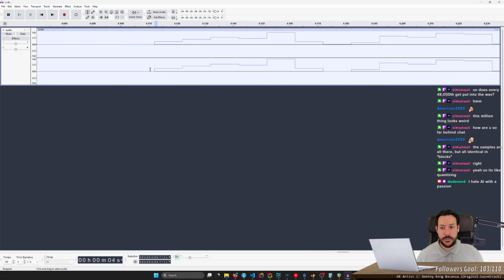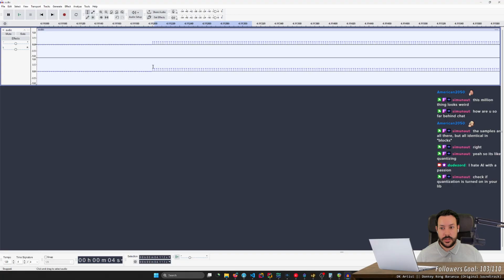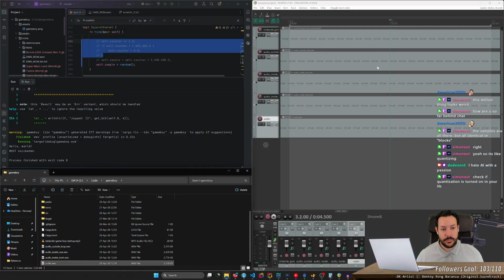But there shouldn't be two samples with the same value, because from one sample to the other, I'm doing like 25 random number generations, you know?